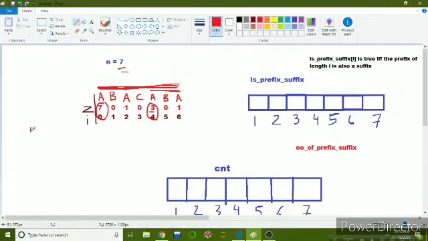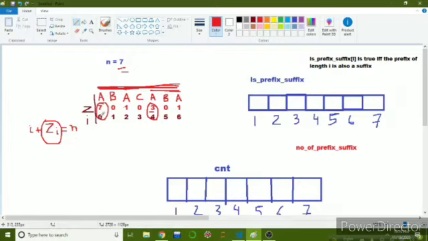So if at any index the value of the index and the Z value of that index is equal to the length of the whole string, that means the prefix of length Z[i] will be a suffix.